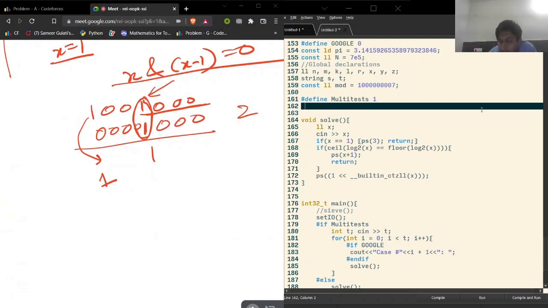So this is implemented in C++ libraries. It's just called built-in count trailing zeros. So it's CTZ, count trailing zeros. And since I'm using long, I'll have to use CTZLL. So I'll just write it here. Okay. So you have to find out the trailing zeros in the number and then raise it to the power of 2. So it's basically